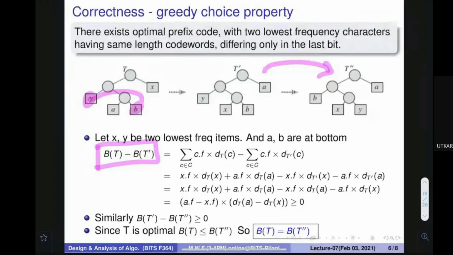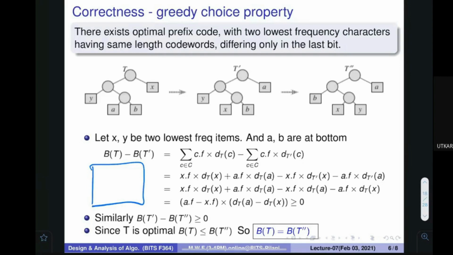Okay. Now I want to make a statement. Everybody would be very easily able to understand this: if you construct an optimal tree, then in that optimal tree the two minimum items would be at the deepest leaf. Makes sense?